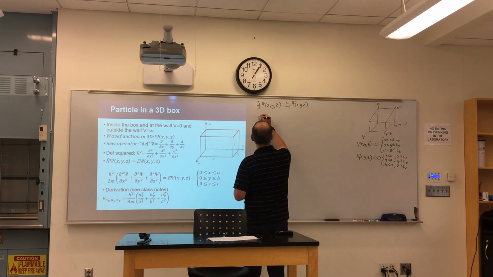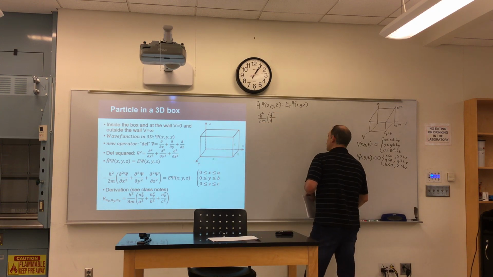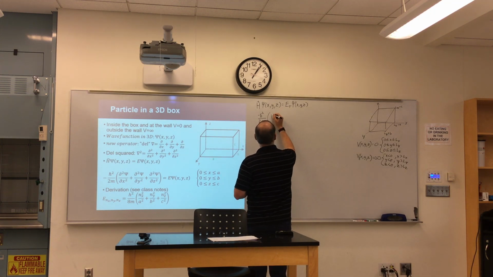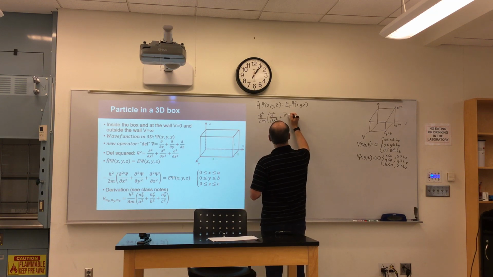So this would be minus h bar squared over 2m, sorry, we will be taking the partial derivatives, so del squared partial x squared plus partial,